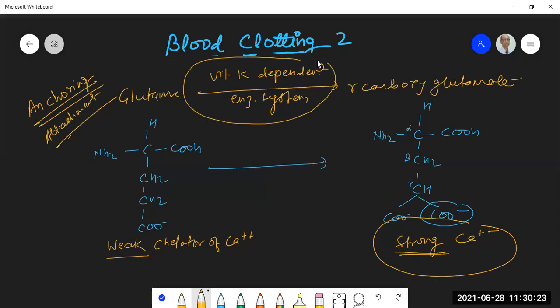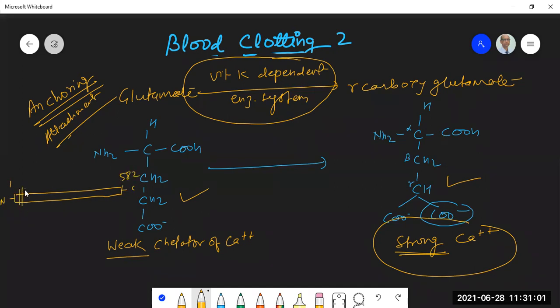So what is the role of vitamin K in clotting? If this kind of question comes, you should be able to explain that vitamin K dependent enzyme system is responsible for converting glutamate to gamma carboxy glutamate. Okay, this is the structure of glutamate. There is an addition of one carboxyl group, one negative charge, it becomes gamma carboxy glutamate. There are successive 10 residues of glutamate in the structure of the prothrombin. This is amino acid number 1, N terminus. This is amino acid number 582, C terminus.